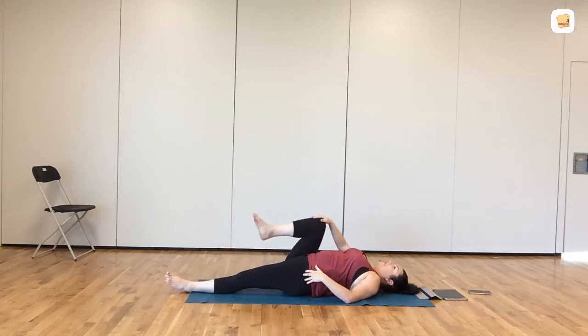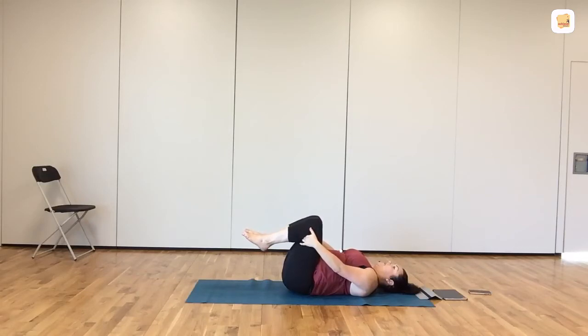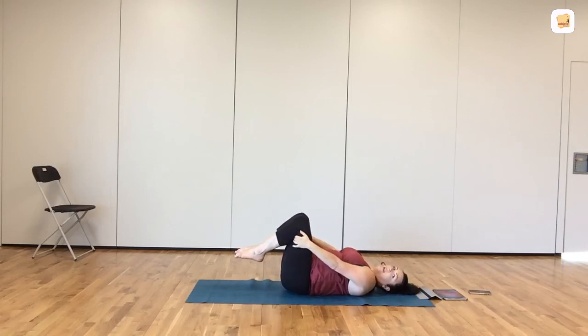So we're going to bring both knees into the chest, and you can either hold by your knee, by your shin, or by your thigh, wherever feels comfortable. But keep your shoulders on the floor and keep your head down. And as you inhale, gently take your toes slightly further to the floor, and come back up. Inhale, and again. So you should feel a stretch across your chest,